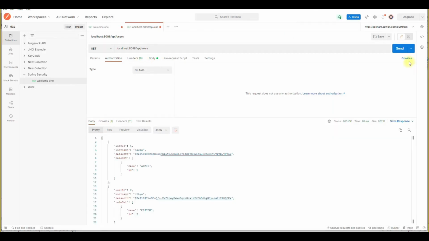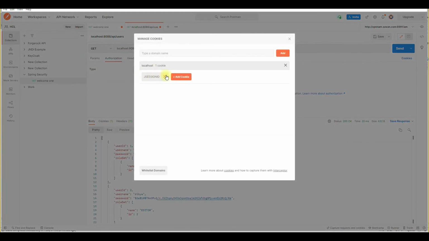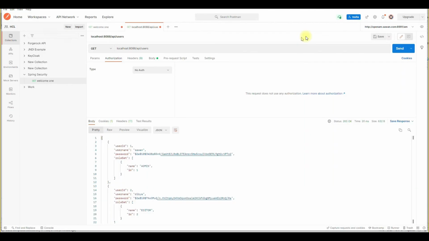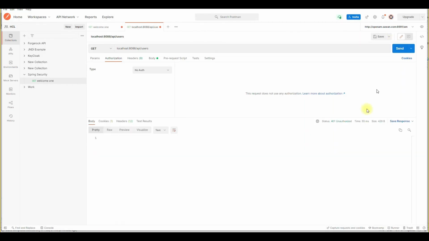If I remove this and then try to send it, it will be a 401 error. So only the first time we need authentication details, and then it will be stored in the security context.